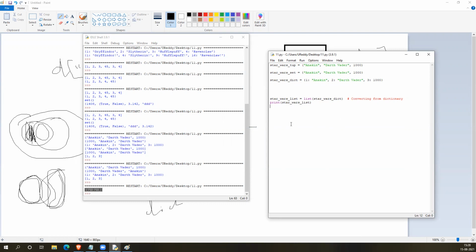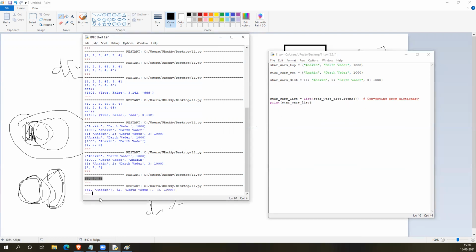If you want to get the values also, just type dot items. You see. Now the first one I told, it converted to a list, but each list item is a tuple with the first value as the key and the second value as the value. Understood? Similarly, if you want to convert to a tuple instead of using list, you just type tuple here the same way. And similarly, converting to a set, you type set. And converting to a dictionary,